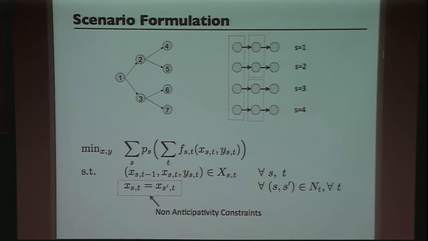If I ignore the fact that, let's say, in this scenario there's a lot of rainfall, and in this scenario there's very little rainfall, your action now should hedge against both of these options, correct? But if I just solve them independently of each other, then you'd be taking an action which corresponds to scenario 1 greedily, or some other action corresponding to scenario 4. But then they have to be reconciled. It doesn't make sense. So that is done by what are known as non-anticipativity constraints, which Jeff